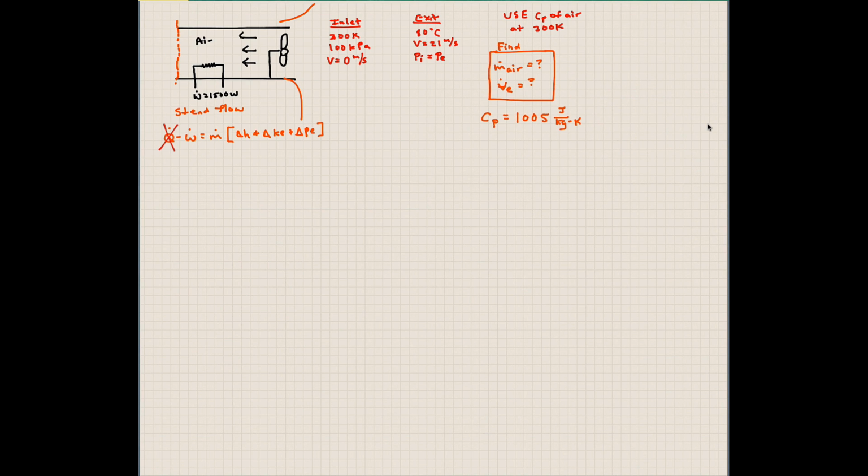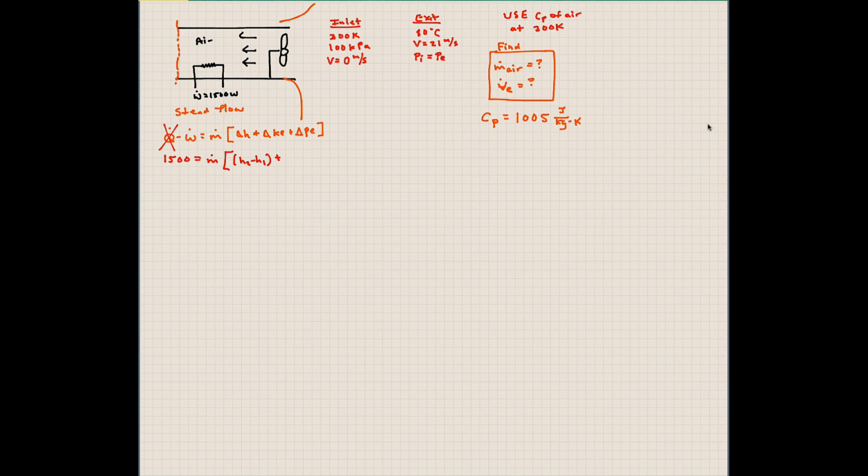So a negative times a negative is a positive. So we're going to have a positive 1500 watts. And this is equal to the mass flow rate times the change in H. So we'll say this is H2 minus H1